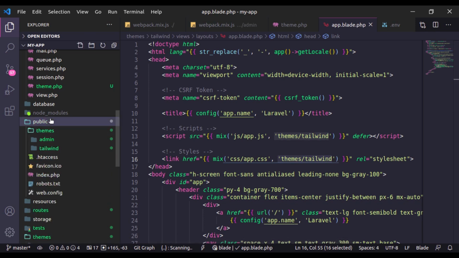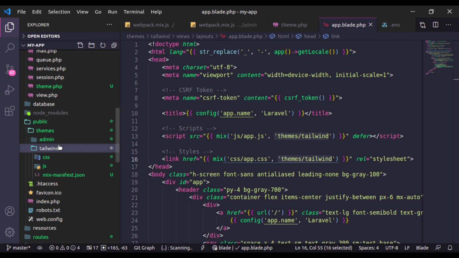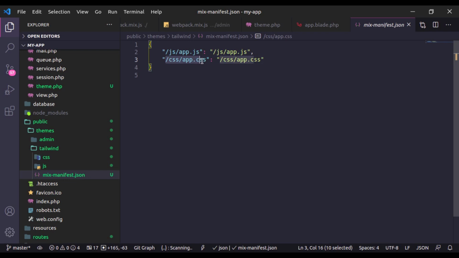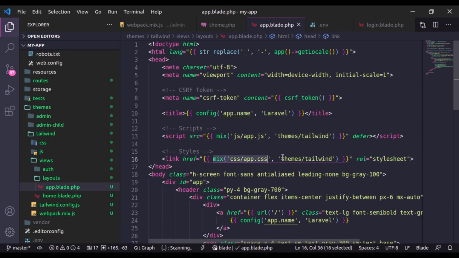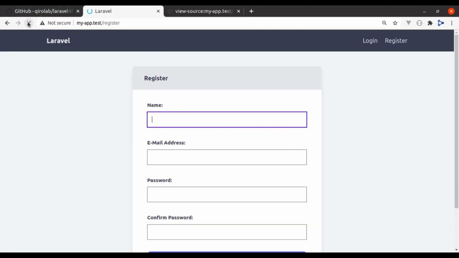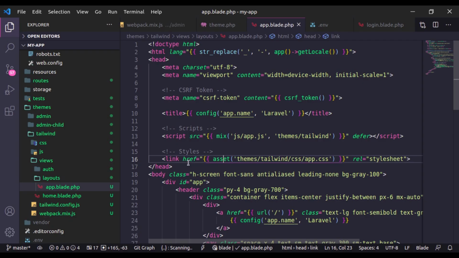In the public directory we have themes tailwind, and here is the mix-manifest.json file, and this css app.css is passed right here. Instead of mix, you can also use the asset function. In that case we have to specify themes tailwind and css and then app.css, and this will also work. Here we go, it is working, and both work fine. You can use any one of them.